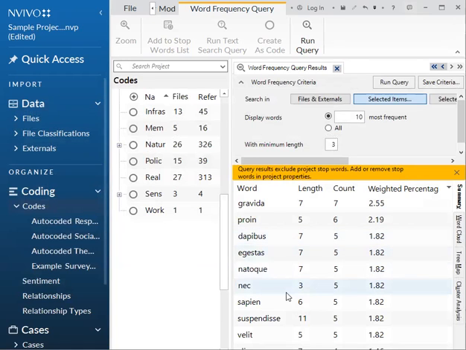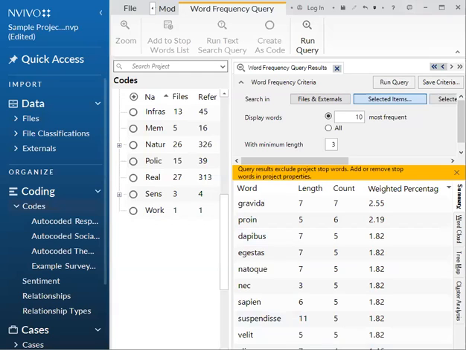All right, so our 10 most frequently used words are here. And that's just within the responses to question 5. So that is one way you can use this folder function in NVivo, is to separate out more specific queries for your data. So it just helps you be more specific in what you're searching for and looking for, and just helps you go through your data a little differently.